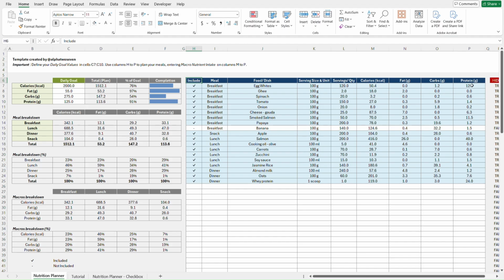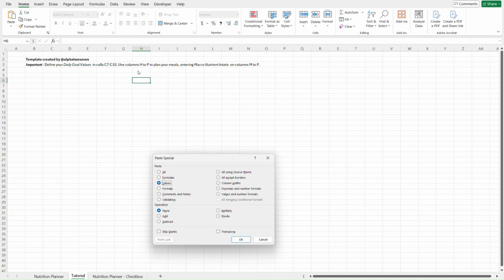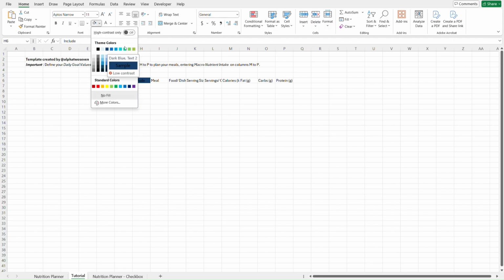And for now, I'm just going to copy all these cells, starting on H6. I'm going to copy as values. That means that I have just inputted include, meal, food dish, and so on and so forth manually. Now for the formatting. This one has a blue background, which by the way, this palette shows because I have